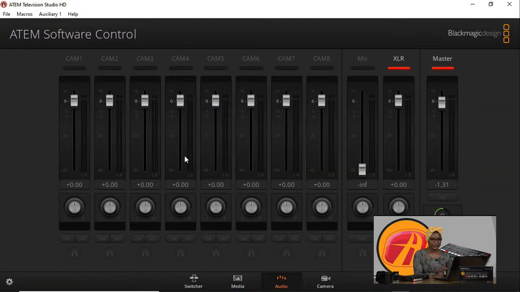Under audio, if I had any audio coming in, I don't know if my camera has the mic on. Have to confirm that. Yes, just give me a moment. I confirm. Yeah, the internal mic was not on, but I'll just have it on right now and then show you. Yes, there we go. So my camera has internal mic on,